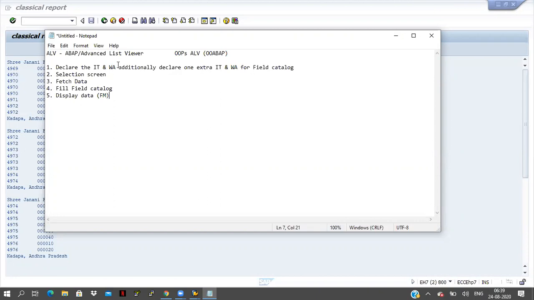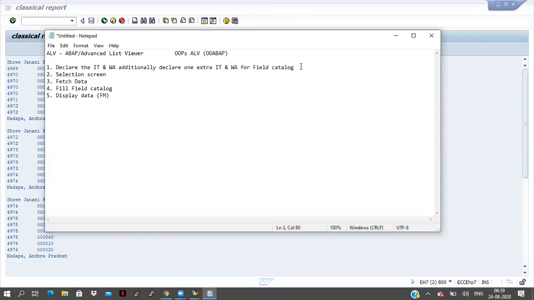If you are working on the FOR ALL ENTRIES concept, then for as many SELECT statements as there are, you have to declare that many internal tables and work areas, and a final work area and final internal table. Up to that you already know, and you have practiced those things also. Additionally, declare an extra internal table and work area for the field catalog.